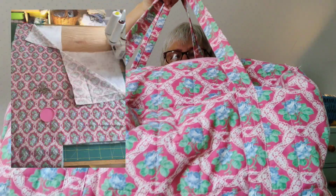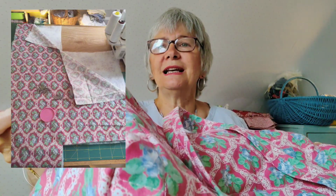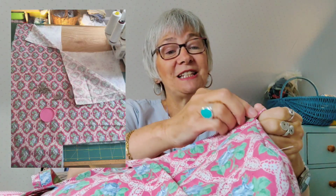The handles are again made out of the fabric, and there are tabs at the end which are supposed to line up with the zip. That one does. That one isn't as good, but it does sort of line up with the zip. The zip is a chunkier weight one. If I can try and show the zip, it's a chunkier weight pink zip, which I bought quite a few years ago from Abercorn,